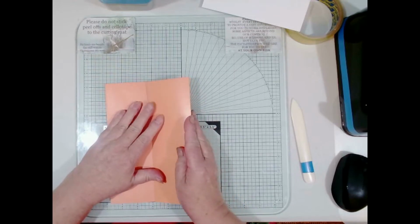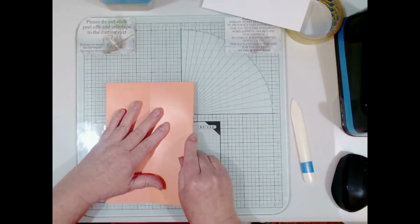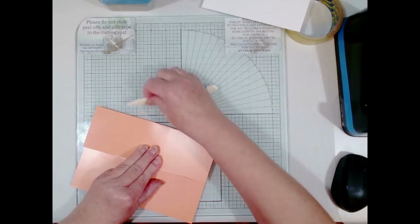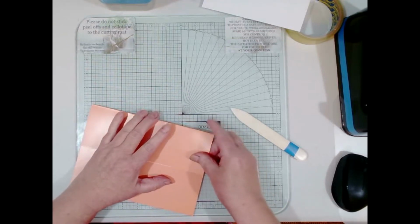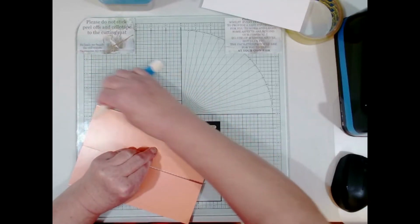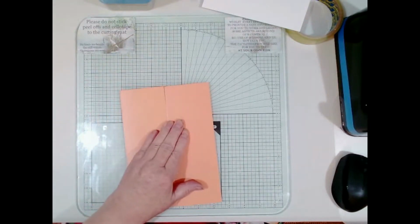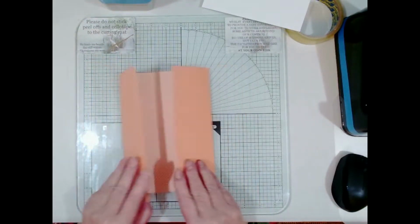fold it. It's a very stiff card, but I'm going to butt it up here so I have no gap. And then I'm going to close down, and I'm forcing that fold exactly where I wanted it. Okay, so there is the basic gatefold,